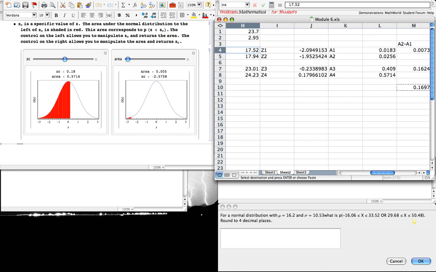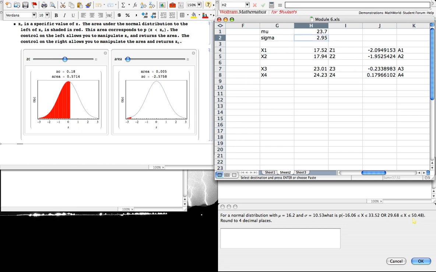So the values have changed, so mu is 16.2, the standard deviation is 10.53, x1 is minus 16.06, x2 is 33.52, x3 is 29.68, and x4 is